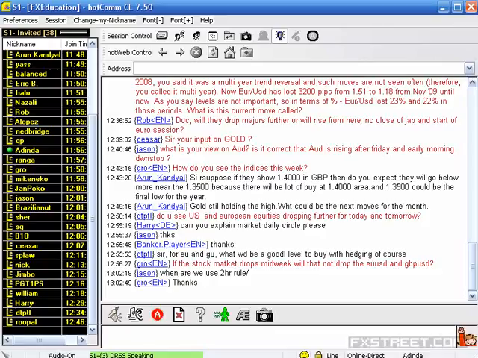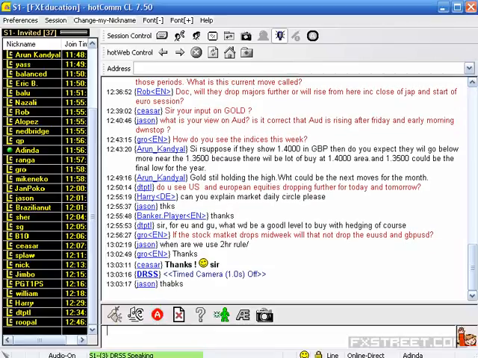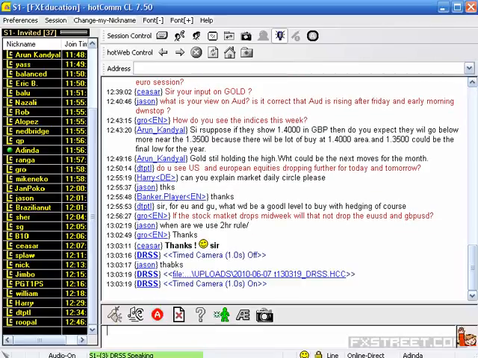Okay, Jason, when are we to use our rule? Whenever they cut the low and stay below the low for 30 minutes, then wait another 1 hour and 30 minutes. Whenever they cut the high and stay above that high for more than 30 minutes, then apply the rule of 2 hours. Wait another 1 hour and 30 minutes. Then afterwards take a sell position. You will be able to see profit in such trades.